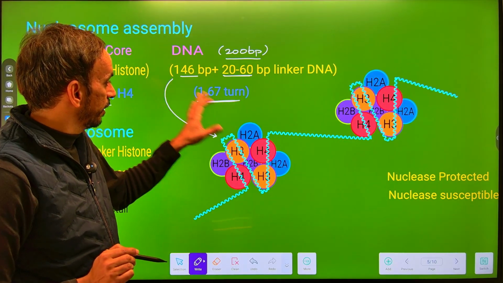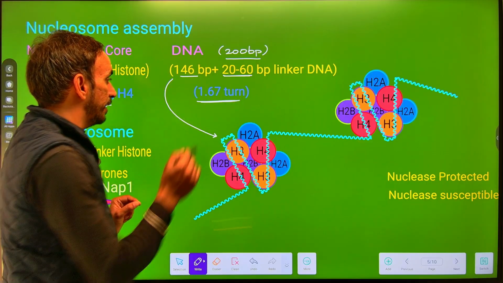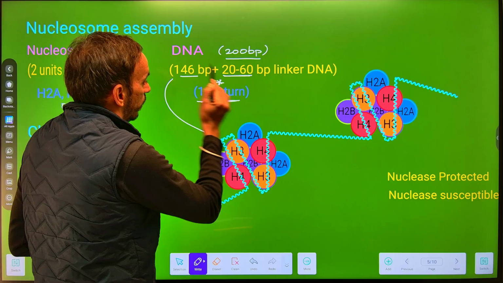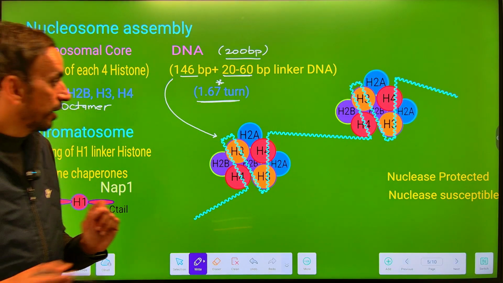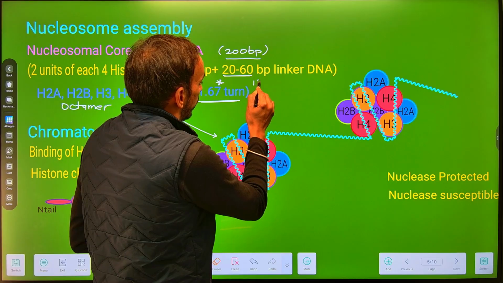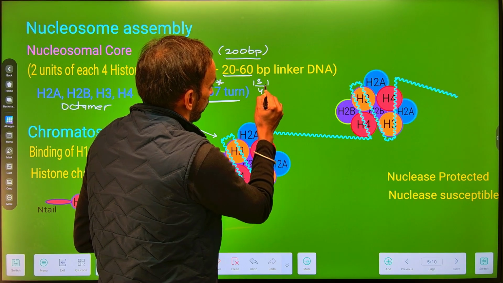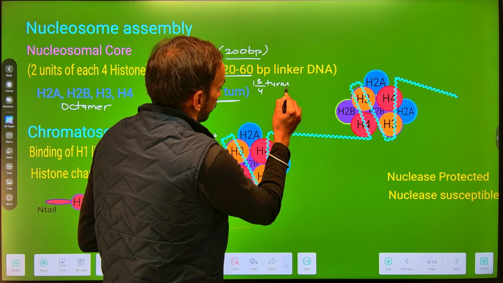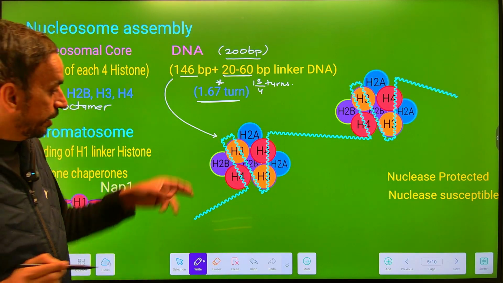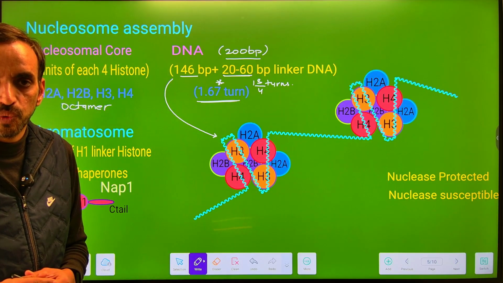So we can say that in one nucleosome the DNA it completes 1.67 turn, or in other words we can say it completes 1 3/4 टर्न्स।